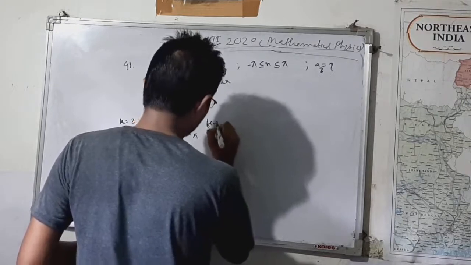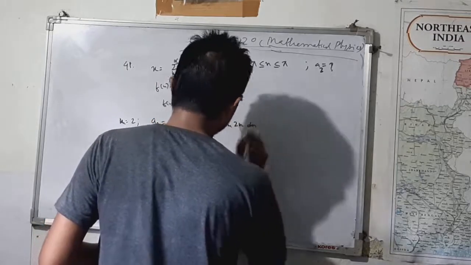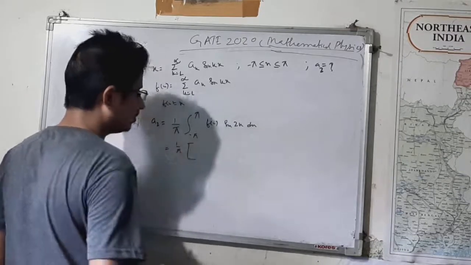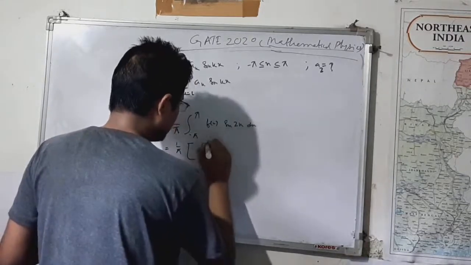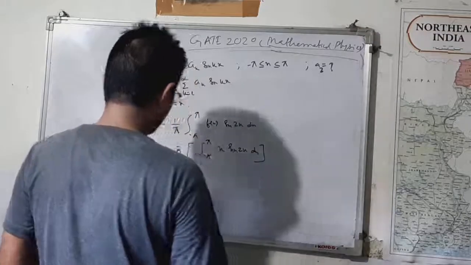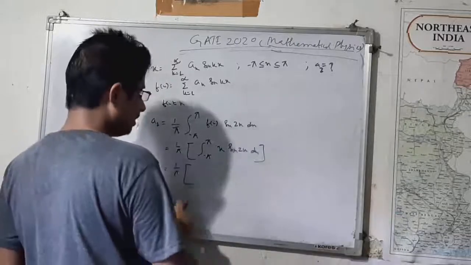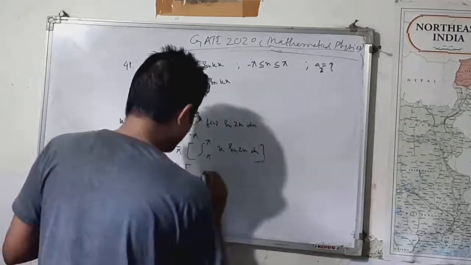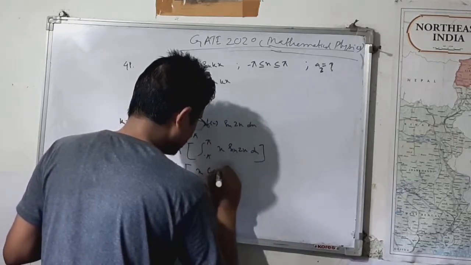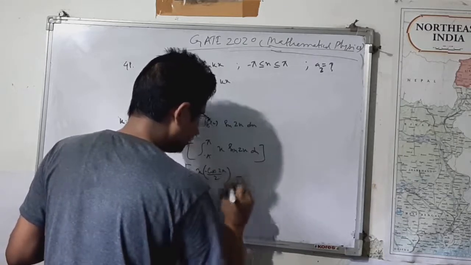f(x) sine of twice x dx. So here 1 by pi, integral from minus pi to plus pi of x sine of twice x dx. So here this is an integration by parts. So at first this is x, and the integral of sine twice x is minus cos of twice x by 2, minus